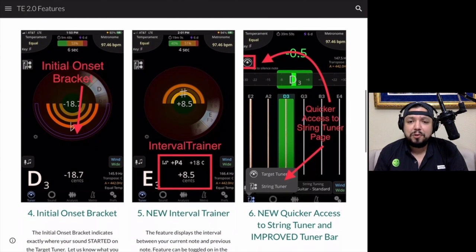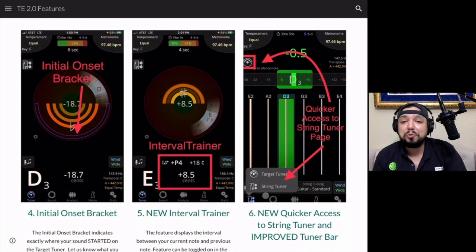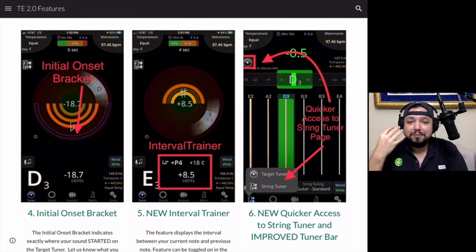Number 6, new quicker access to the string tuner and improved tuner bar. We have string players that use tuners, go figure. And it looks different, and it enhances how they get information for the string. So for those of you that teach multiple winds, strings require, or you have different ways of approaching sounds, or you just want to show string players how to tune,